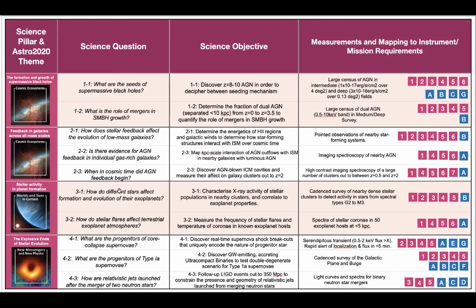Sort of skipping down towards the bottom of this matrix, we'll be able to look at the stars of exoplanet hosts and get exquisite information on just how X-ray active the hosts of exoplanets are. Looking at that compared to what we'll learn about those exoplanets from Webb and future ELTs, we'll be able to correlate what we find about the X-ray activity of hosts with the chemistry of exoplanets, therefore get a handle on the habitability issue.